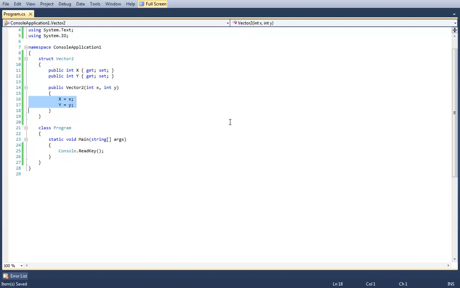So all constructors on a struct must specify a value for each one of their fields. Now, the biggest stumbling block is when using automatic properties, because we cannot speak the automatic property's name, or the backing field of the automatic property's name, sorry. So how do we fix this? Given that every struct always has a default constructor that assigns all the fields to defaults, and given that we cannot have a constructor that doesn't assign defaults to all of the fields, how can we get a constructor in a struct to work with automatic properties?